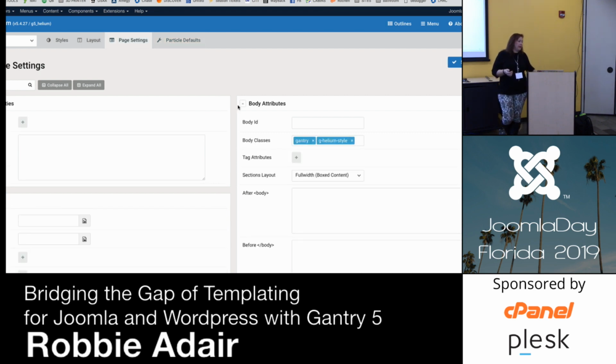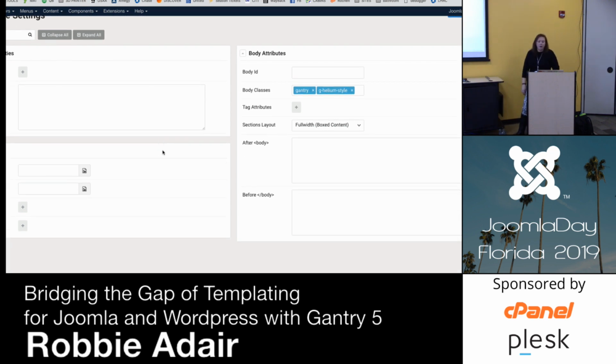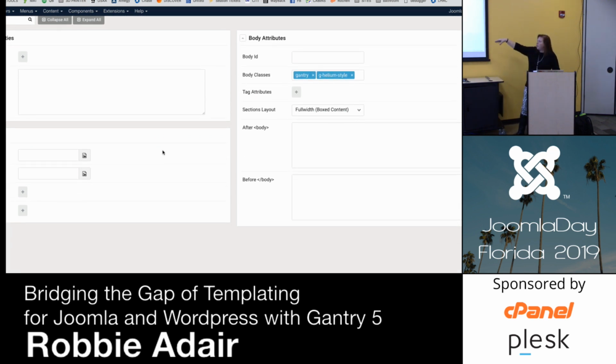And what page settings allow us to do is, you get a tracking code from Google, or you get some JavaScript because you're connecting over to something else. You have these things that need to go into the header section, or they need to go in before the closing body tag, or whatever. Head properties in here. We've got the body, so we can pick, do we want it after or before? Do we want it after open body, or do we want it before closed body?